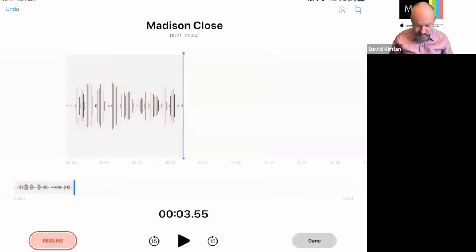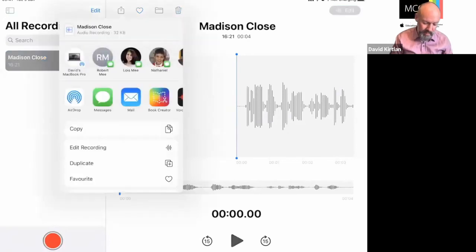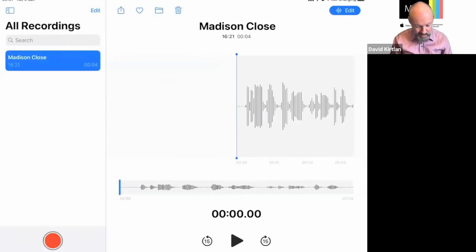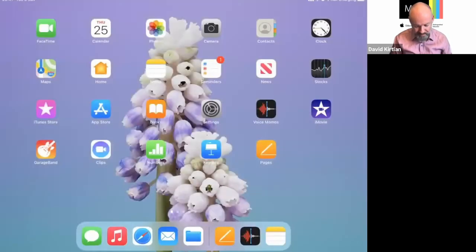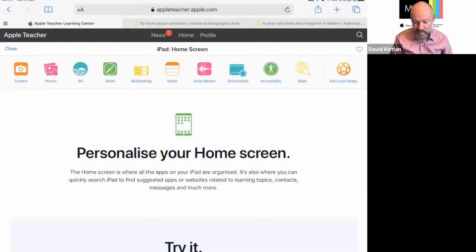So there we go. That's a really quick and easy way of recording a voice note. It will list all my voice notes down the left-hand side, and of course we've got that share button to send it somewhere else. So voice memos, really quick, really simple way of creating little records of information. So we're coming to the end of the main features here, really, that we need to cover in this iPad overview badge. So we've got screenshots next, and now screenshots sound really quite simple and straightforward, and they are, but